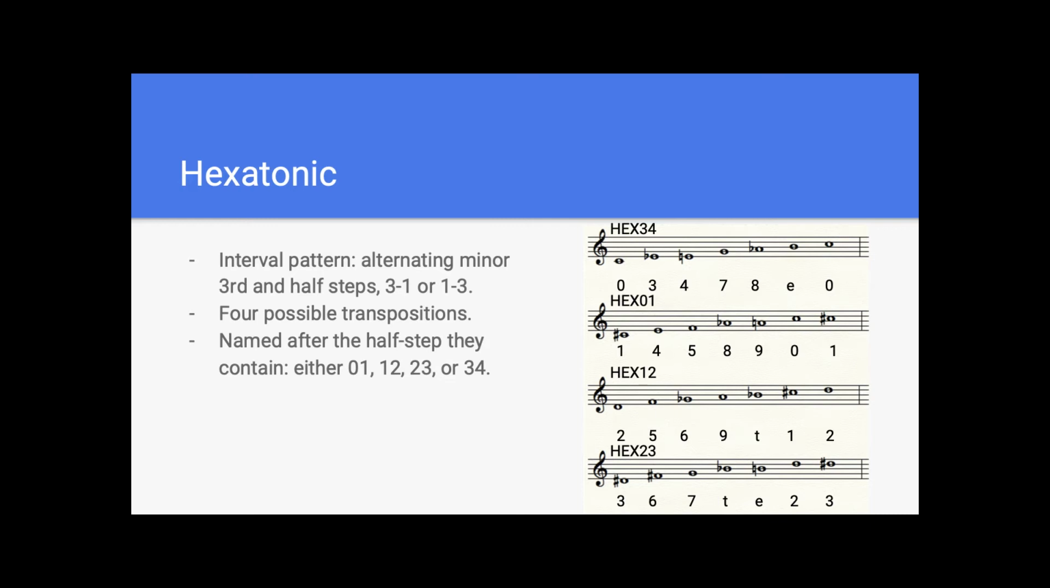We'll just sing the pitches as they're listed in the scale on the screen. So we'll start with C. And we'll sing pitch class integers. So let's sing 0 for this first C. 0, ready, and sing: 0, 3, 4, 7, 8, 11, 0. Okay, next one. Hex 0-1, second from the top, starting on